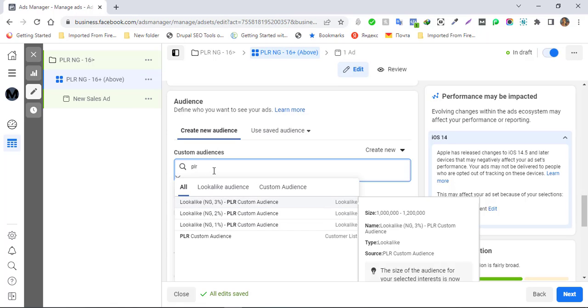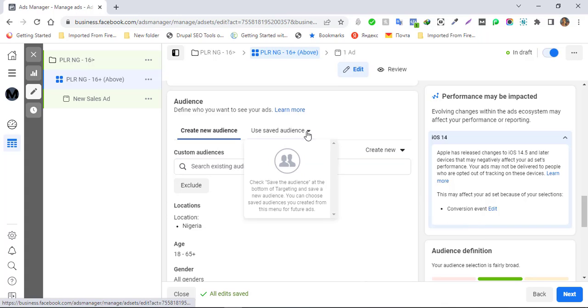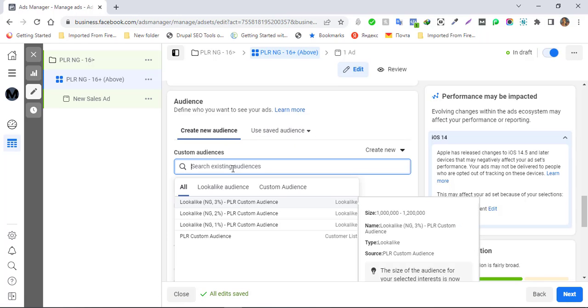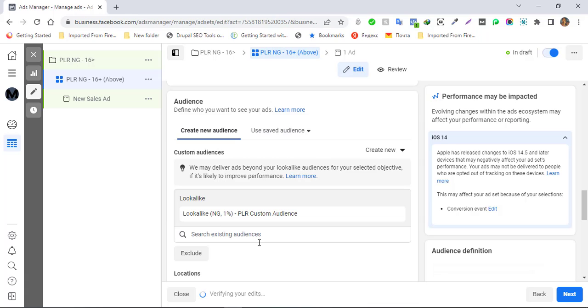So custom audiences, now if you have a saved audience already, then you choose, but we are not doing any of that. We are using our Lookalike audience, and we are taking the 1%. So we click on that